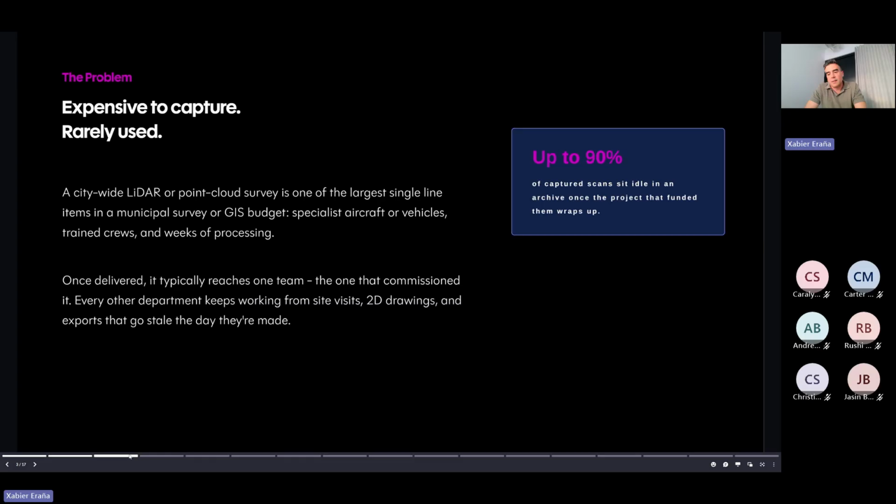This implies that the other potential users don't take advantage of the data the way they should. Different studies tell us that up to 90% of the data that is captured is often unused.